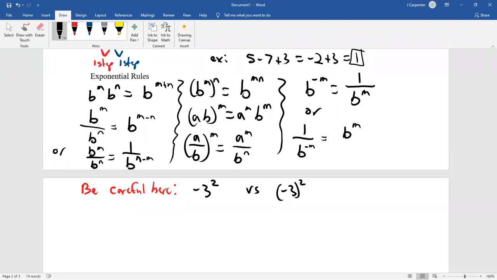Parentheses and exponents have priorities. So when you have a parentheses, that says you're supposed to be thinking about this all together and then squaring it. So this (-3) squared is actually -3 times -3,